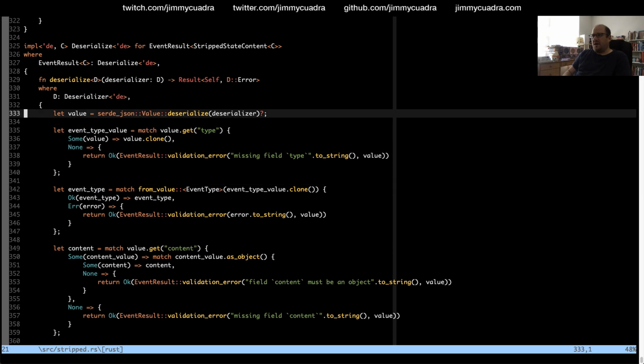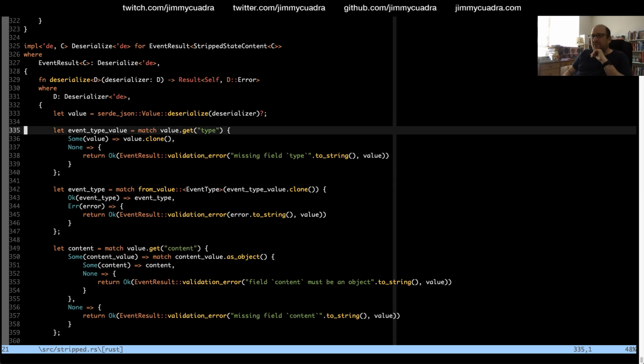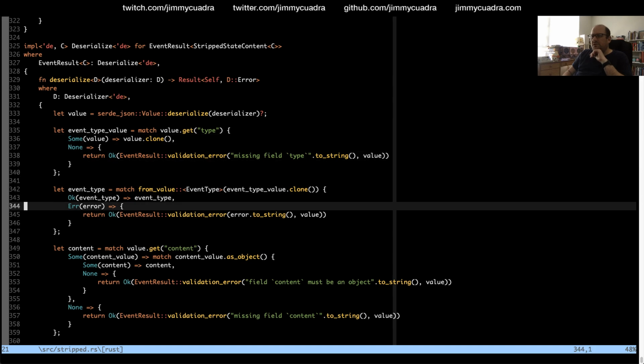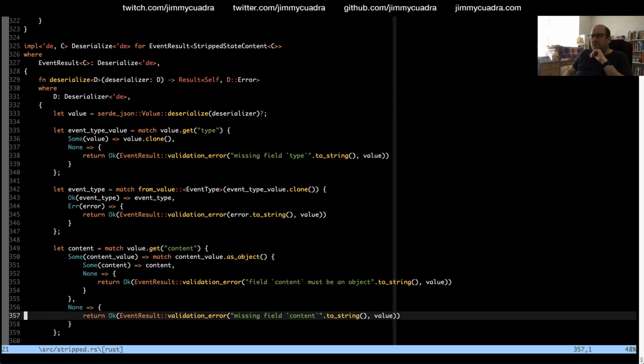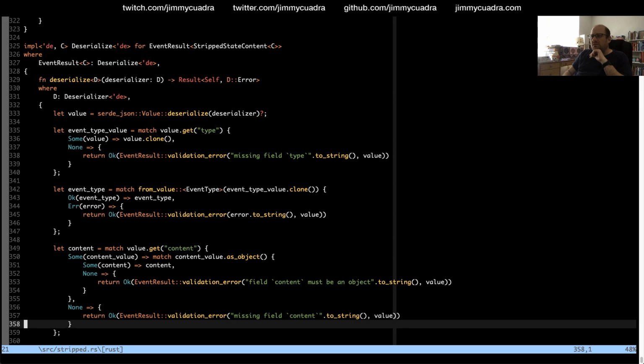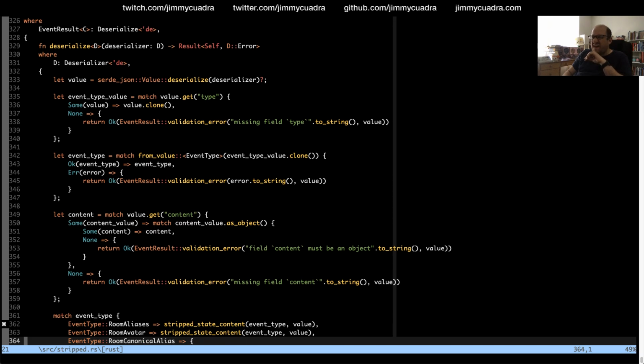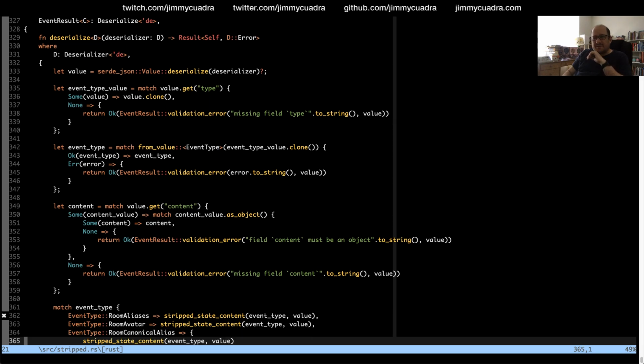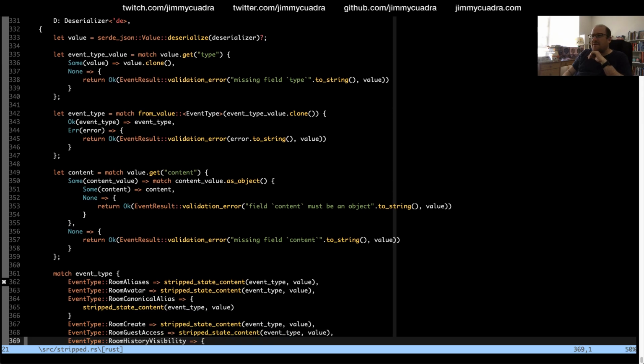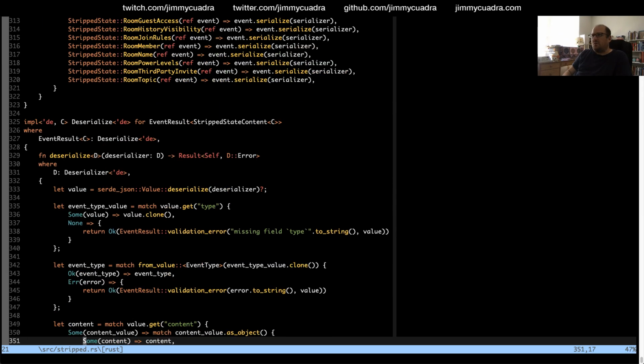So we deserialize into a value, get the type, we get the content as an object, and then the thing that we're returning here is an event result of stripped state content.